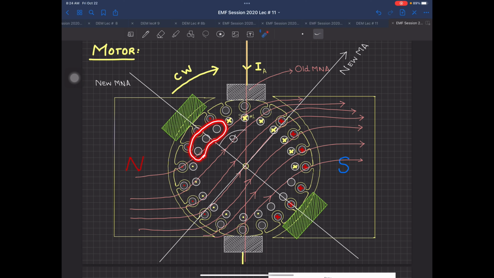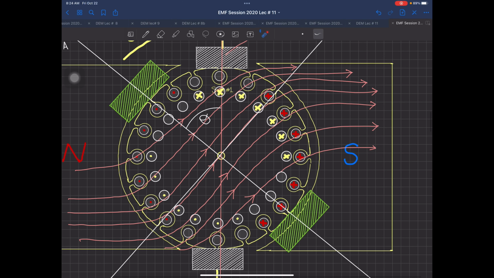Why? Because now B direction for this conductor is like this. V direction, this is V, this is B. So now the same condition which was happening for these three conductors is now happening for these three conductors now. So over here you can see over here, if I zoom this one, these crosses and these dots, the outer circles over there, they are before the armature reaction, and these circles over here, these conductors over here like this, I have made those crosses and dots so that you can see how the rearrangement is going to take place.